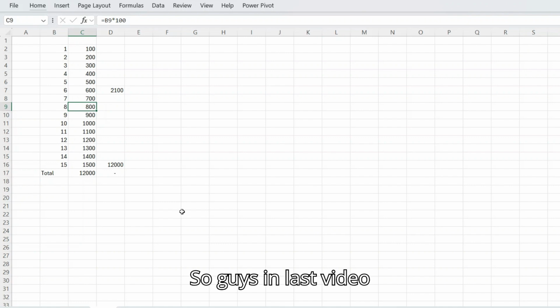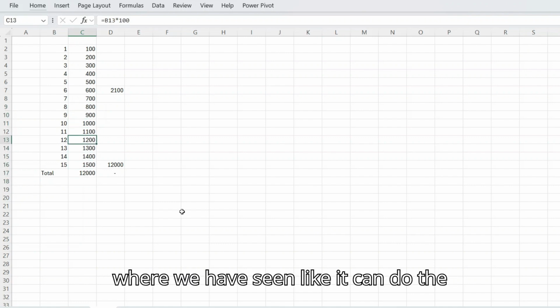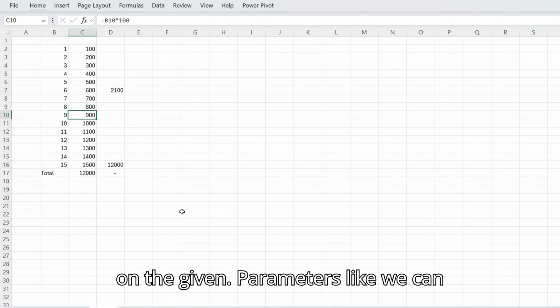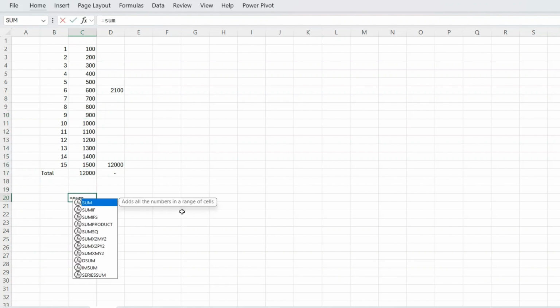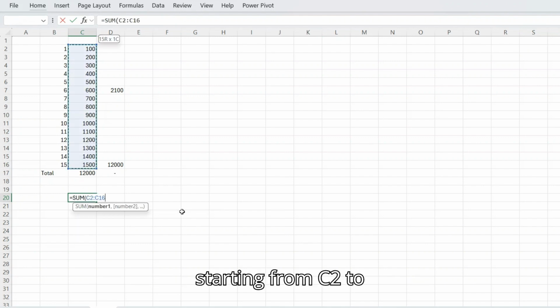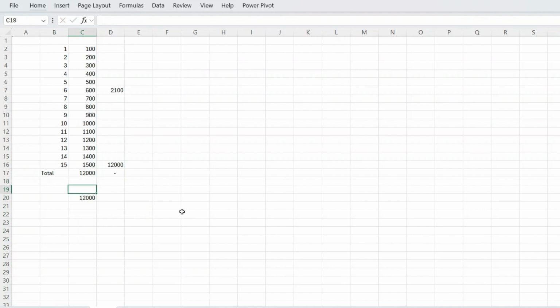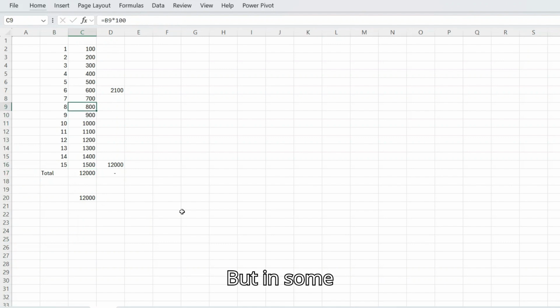Guys, in the last video we discussed a formula called sum, where we saw it can sum particular data based on the given parameters. For example, if I want to sum the data from C2 to C16 and I press enter, I get the result as 12k. But in some